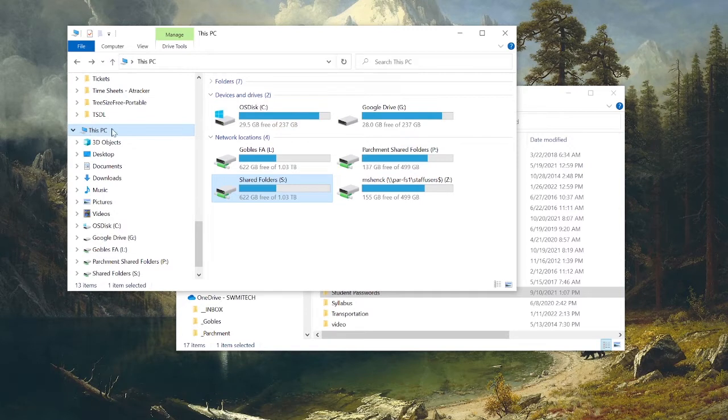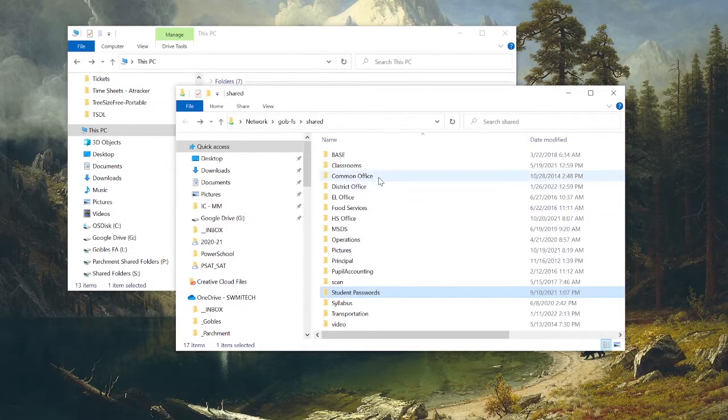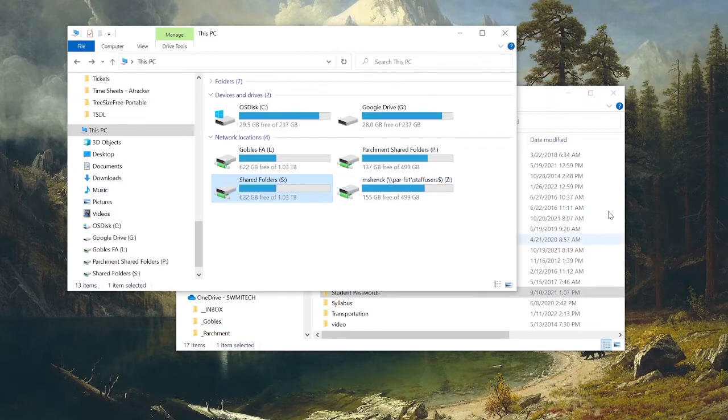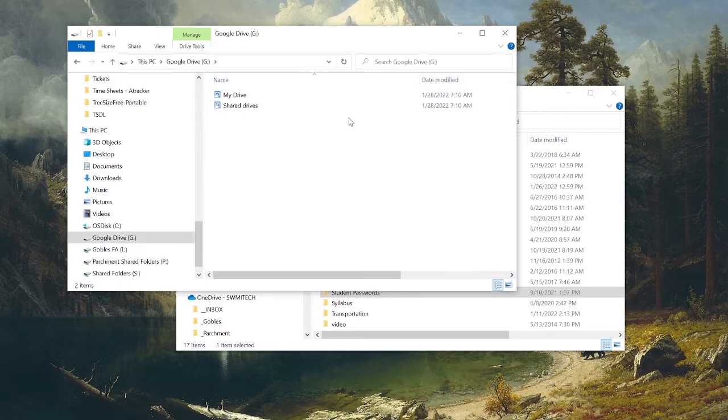and here we're looking at this PC, we can see all the drives we have access to. So currently you'll see the S drive, which you'll have your current shared drives. These are going to be shifted over to the G drive. If we open up the G drive,